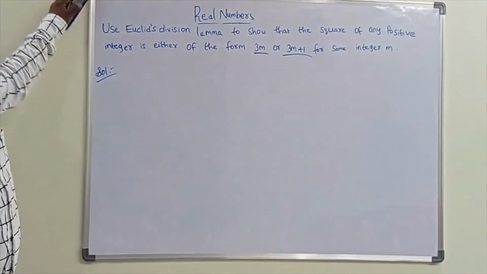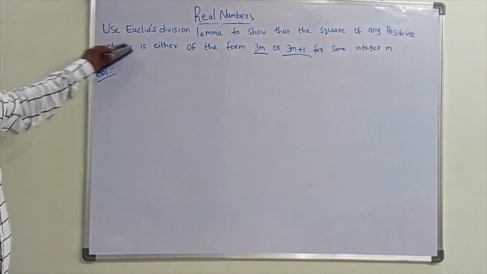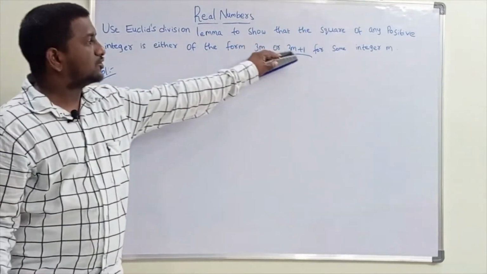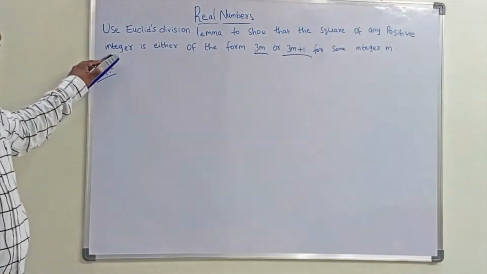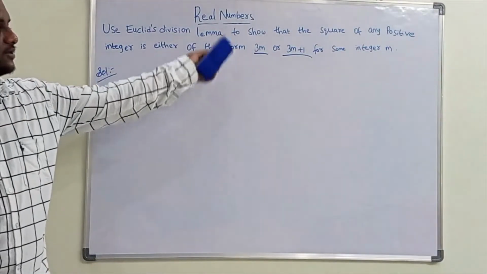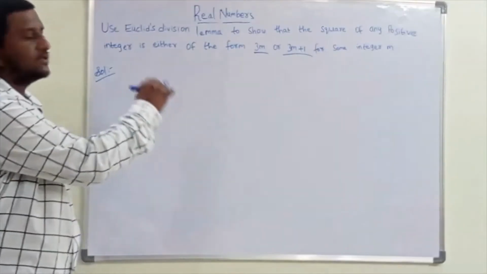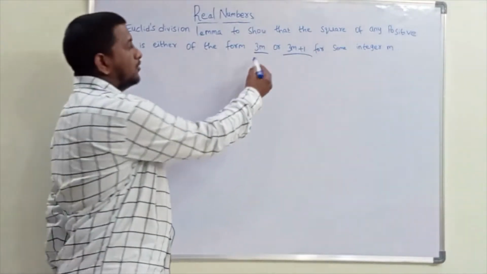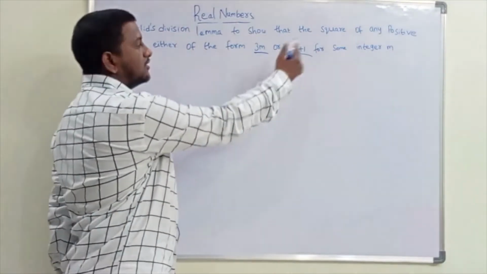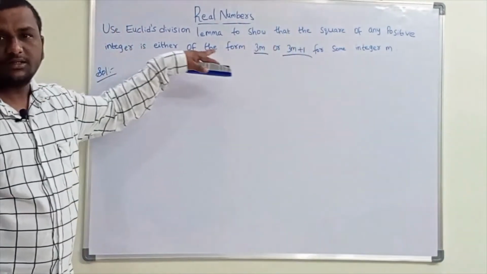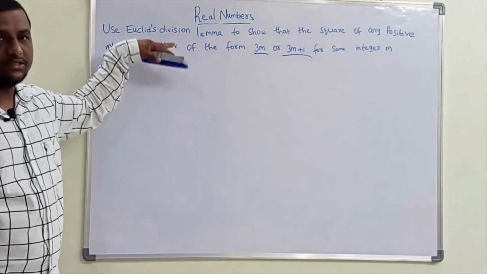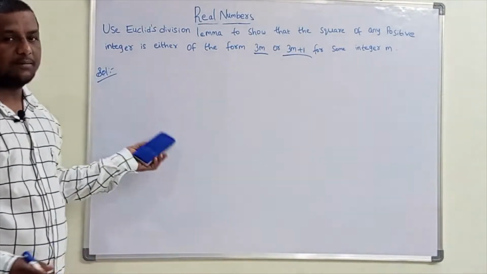Let's solve another problem. Use Euclid's division lemma to show that the square of any positive integer is of the form 3m or 3m plus 1 for some integer m. Here, you want us to prove that any square is in the form of 3m or 3m plus 1. So in this problem, the textbook also gives a hint that a number,